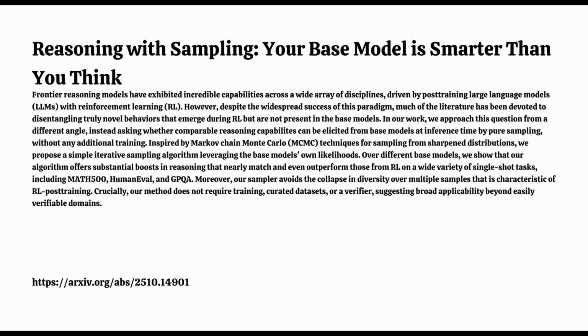It makes the sampling much, much more biased toward what the model inherently thinks are the best paths. That sounds promising. But I'm thinking about the trade-off. MCMC, iterative resampling. Aren't we just swapping training complexity for inference complexity? Does it slow things down a lot? That's a fair point, and we definitely need to touch on the scaling later. But the immediate advantage is, let's say, purity. You're working directly with the intelligence that's already baked into the pre-trained model. You avoid potential instabilities or biases that the RL training process itself might introduce. And it's a simpler mathematical change to the sampling itself compared to navigating the huge optimization space of RL.